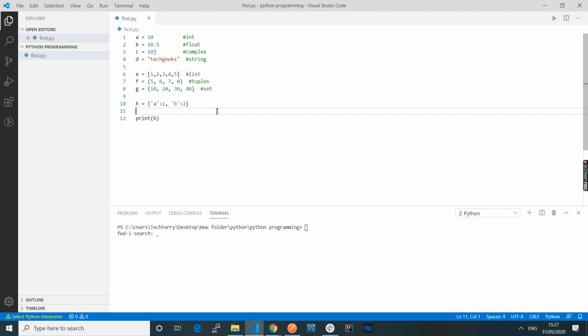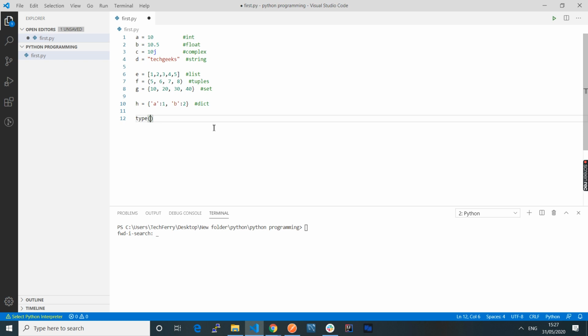If you remember from the last video tutorial, we have this program. We have checked how we can define integer, float, complex, string, list, tuple, set and dictionary. Now we'll try to identify the method which can help us to identify the data type of the variable. In Python we have a method called type. Inside type, whatever variable we pass, it will give the data type of the variable which is